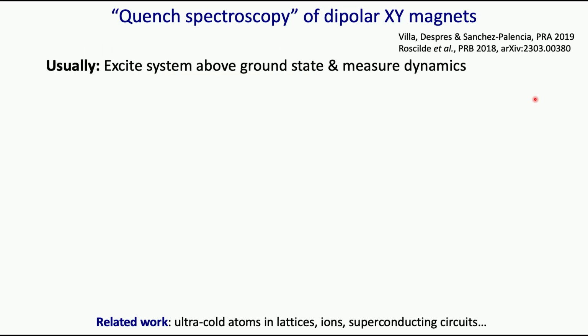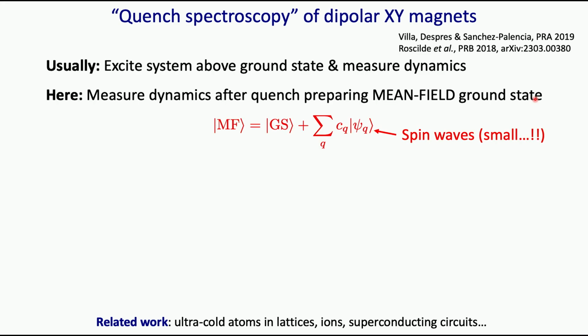So now, how can we measure this dispersion relation? The idea here is to place the system out of equilibrium and apply what is called the quench spectroscopy method, and I will try to contrast it to what is done in condensed matter physics. Traditionally in condensed matter physics, you prepare the ground state of the system and you perturb it above the ground state in order to access the low-lying excitations. Here it's done much more violently, in a sense.